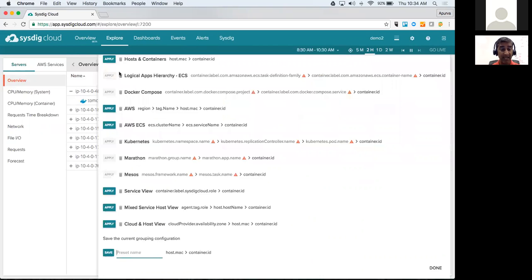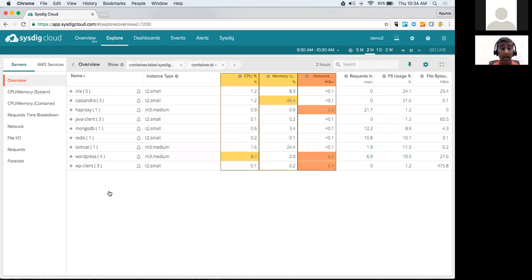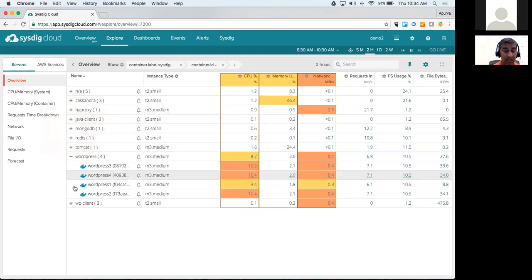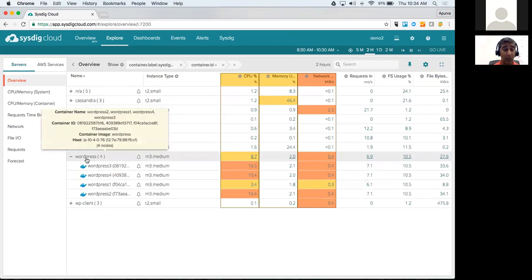But instead, I can take a service view, and we have a lot of pre-built groupings based on commonly used orchestration systems. Now I'm grouping this via service, and you'll see I've abstracted away any kind of physical elements here. So if I take WordPress, for example, our HTTP service, then I see the WordPress service, and I see the containers that make up that service. Now, when I click on WordPress,